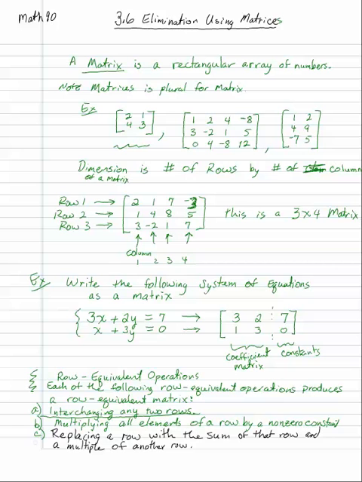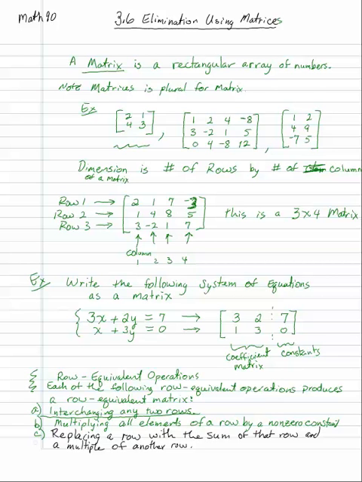So basically that's like when we take an equation and multiply equation 2 by 3, and you multiply each term in that equation by 3. Well, for the matrix, you're going to multiply each element in the matrix in that row by whatever number you choose. Okay, the next one is